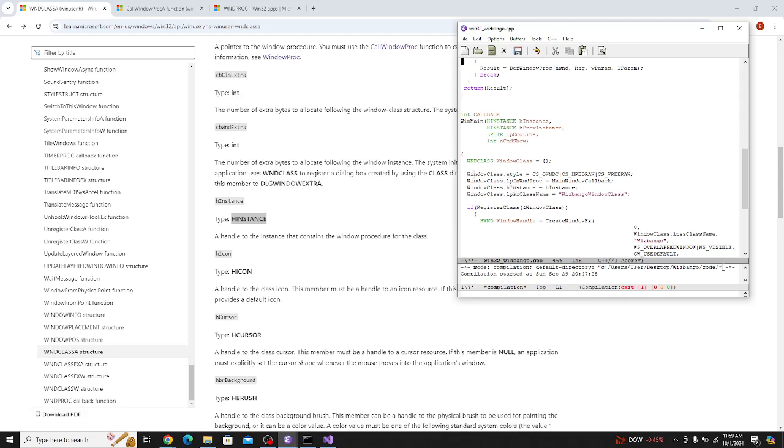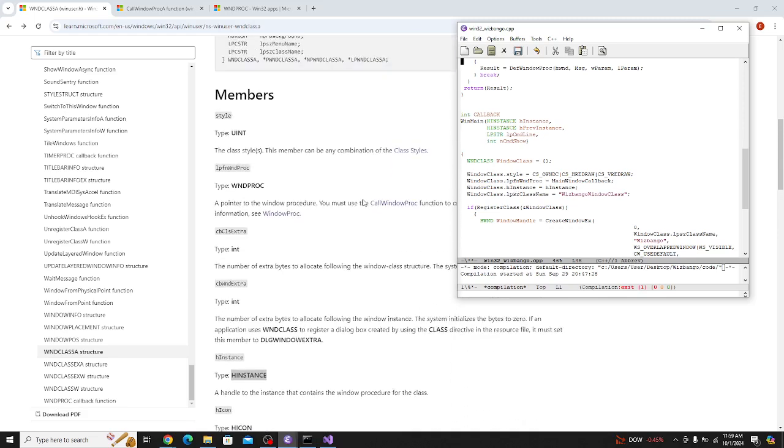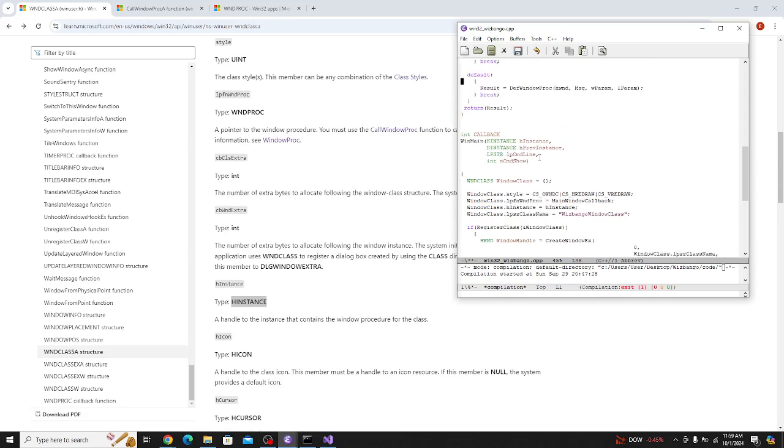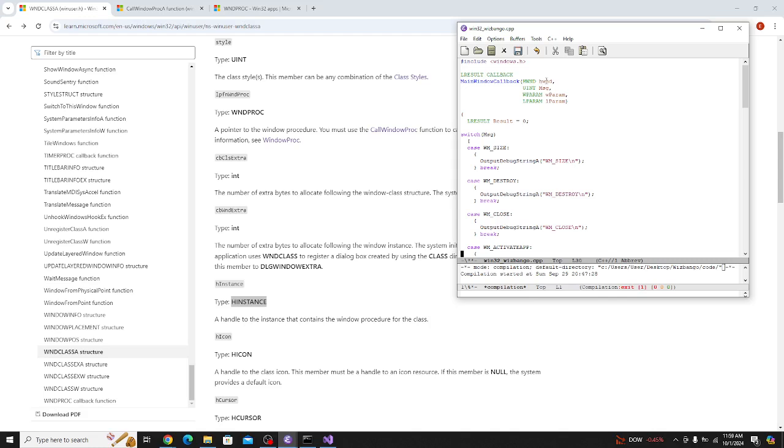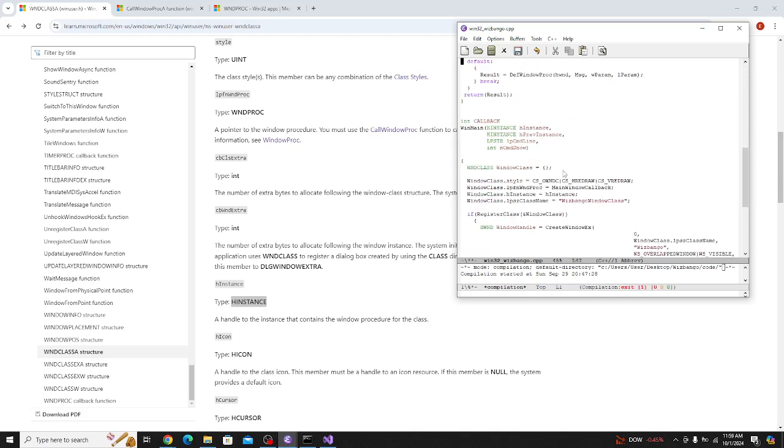So this part is a handle to the window, and this part is a handle to the instance. Oh, so I guess H stands for handle, maybe. Yeah, because this part's handle to the icon. I didn't realize that before. Anyway, I'm still not sure what all that means, but then you also need to have the class name, and